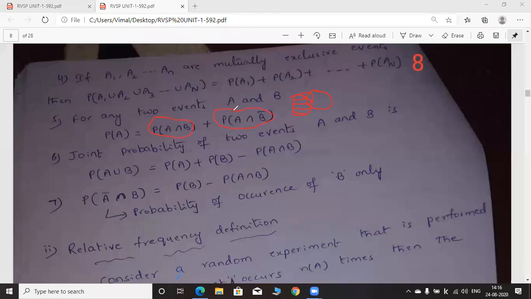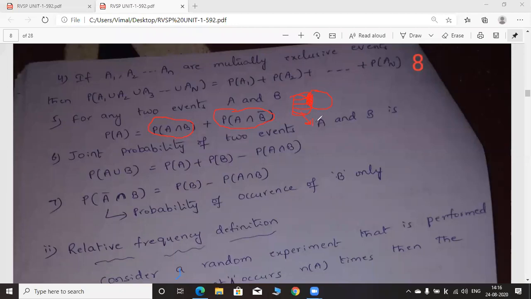What are those two regions? First one is the common part, common part for both A and B, because in that common part A is also present. So you have to consider this common portion. I have darkened this area. This is the common portion. In addition to this common portion, we have to add this shaded portion also. This shaded portion is also called A minus B.